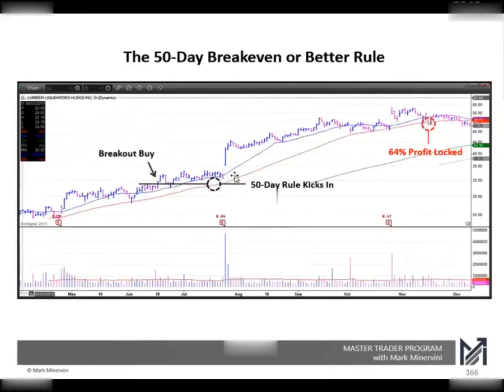And in this case, you can see you went through a little acceleration move here, and then you had a gap over here, and then finally it closed below it, and you nail in a 64% profit. Now, because this will keep you in, again, this is not a huge profit, but I've seen stocks just go 500% before they close below